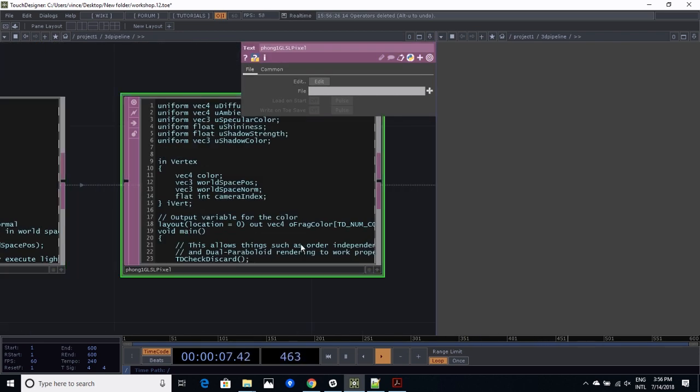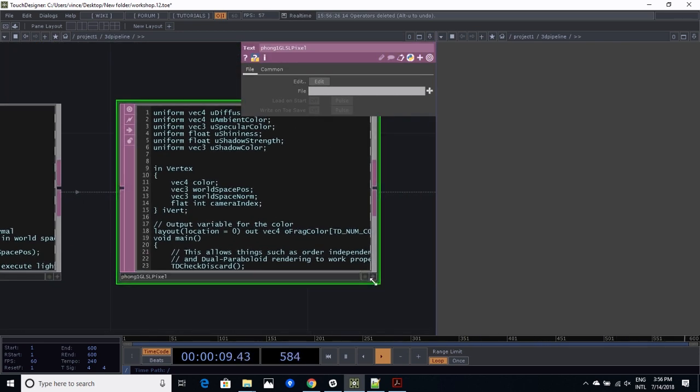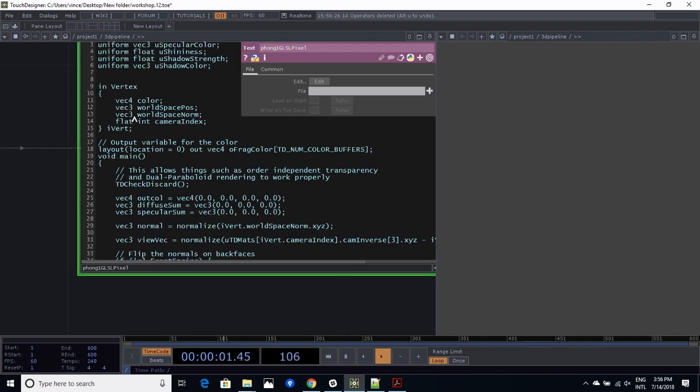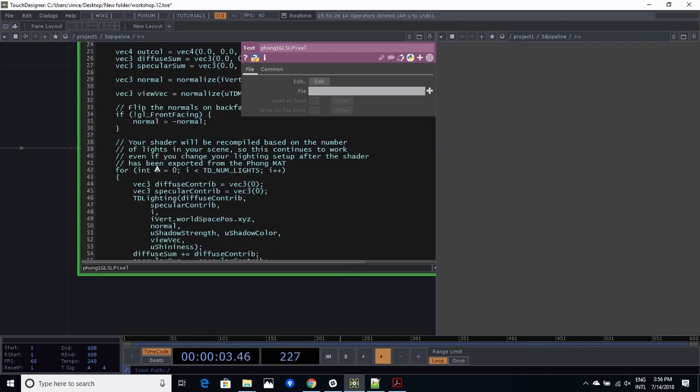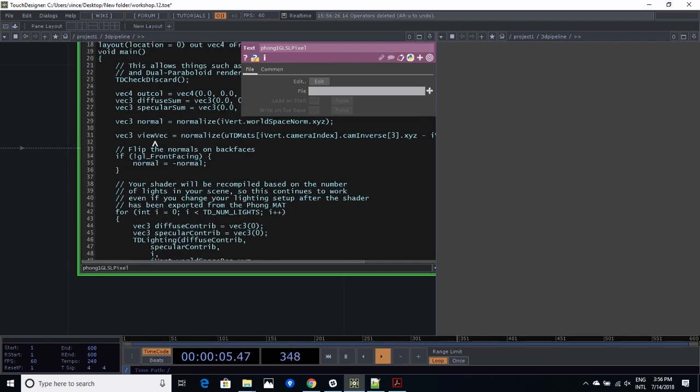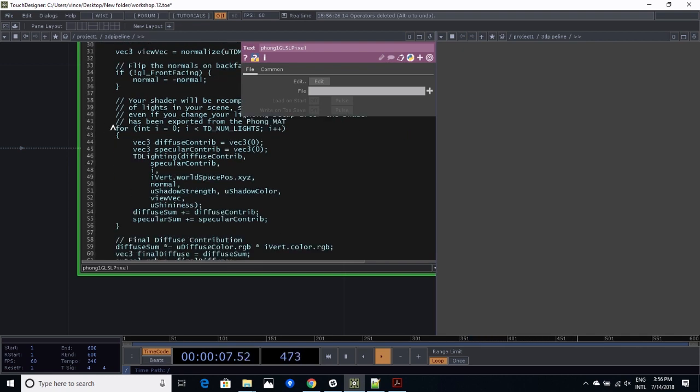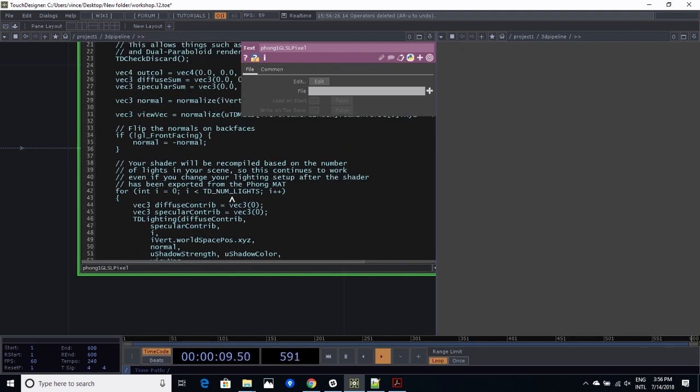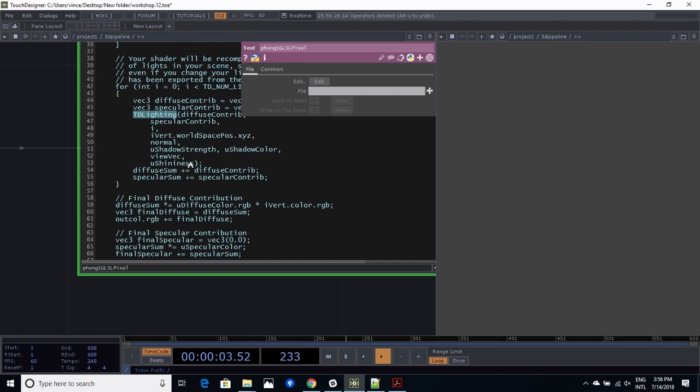So in a Phong shader, the extra thing is that it takes surface attributes such as the normal, and then Touch has this TD lighting function that's going to compute the brightness of the pixel based on the light and the normal. So just if you don't know about Phong lighting,